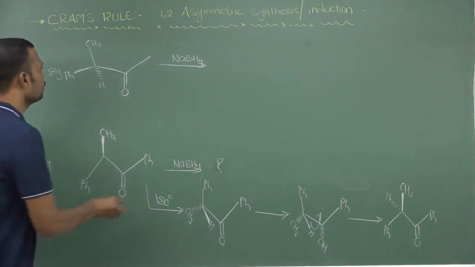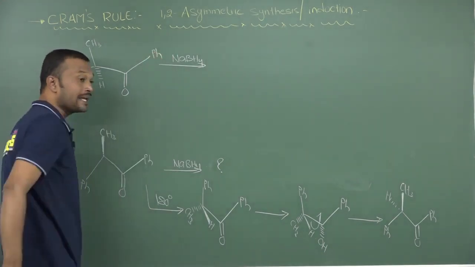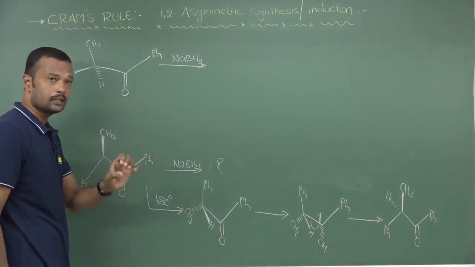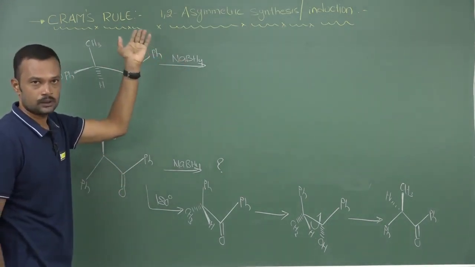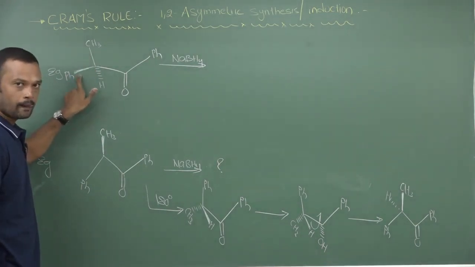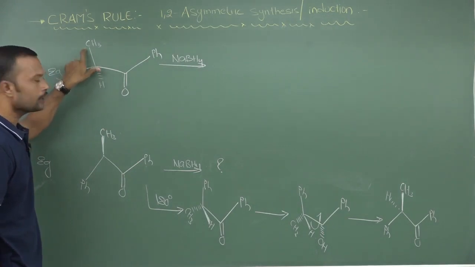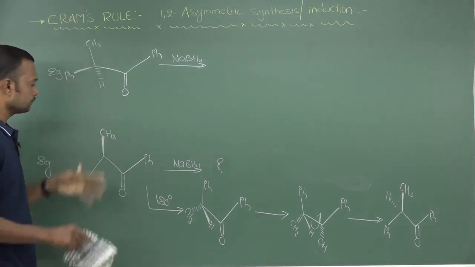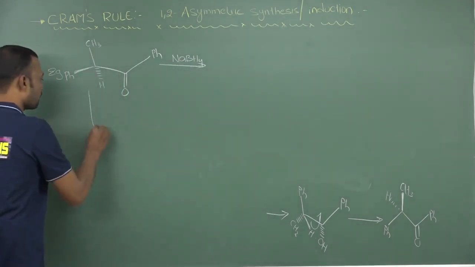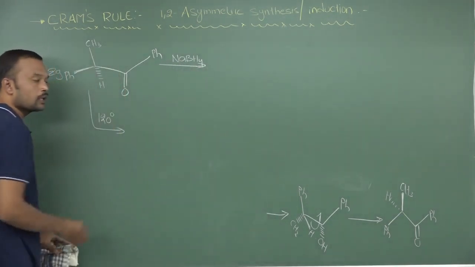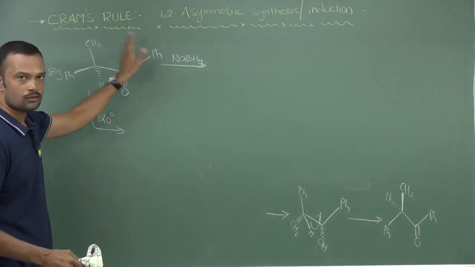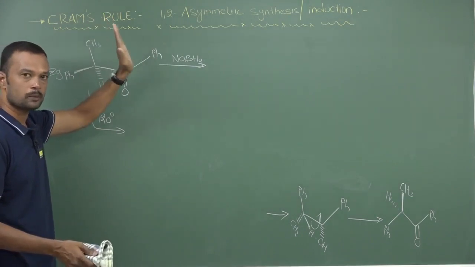So try to create a Cram's model in your mind. After creating the Cram's model in your mind, then attack the reagent and predict the answer. See, this phenyl is above the plane. In order to bring from here to here, we need to rotate 120. So after rotating 120, what happens? Why are we rotating 120 degrees? In order to bring this phenyl exactly parallel to this phenyl. Always large groups in Cram's acyclic model should be parallel to each other.